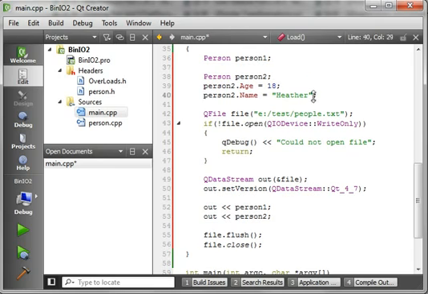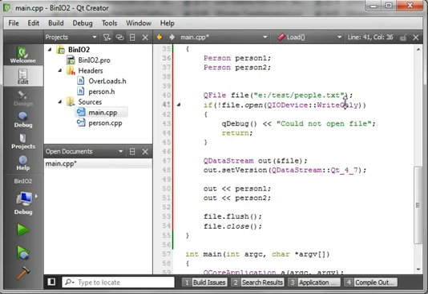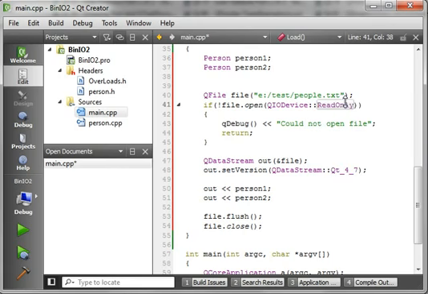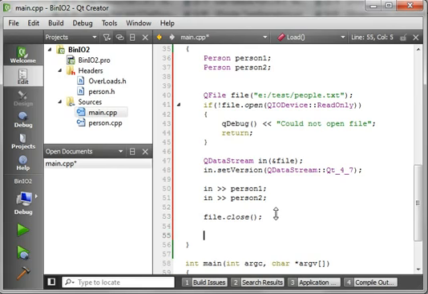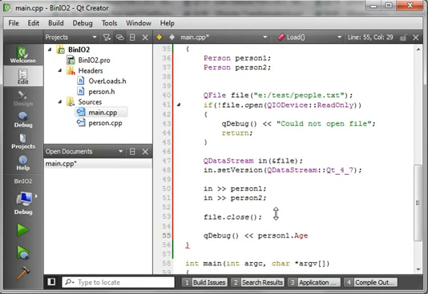Alright, so we'll get rid of that. We're just going to create two variables and not initialize them. Use the same file. We want read-only. We'll call this in, and we're just going to do in person1, in person2. Don't need to flush, but we do need to close. And then we're just going to say qdebug person1.age, and